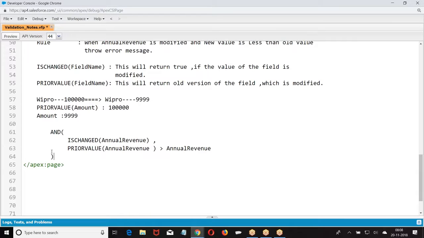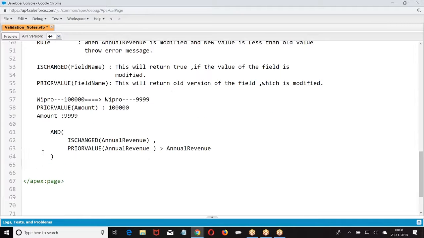If the value of annual revenue is changed, and PRIORVALUE of annual revenue is greater than annual revenue, then we are going to throw error message. If the annual revenue is modified and the old value is more than the new value, then throw error message. So what are the functions we have? ISCHANGED and PRIORVALUE.